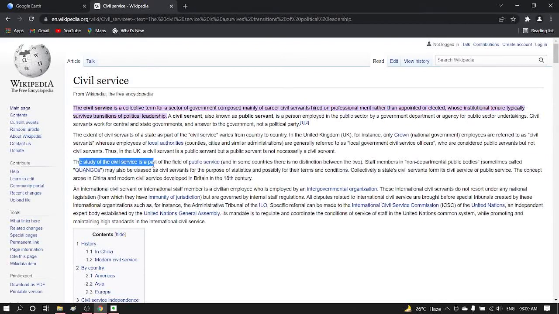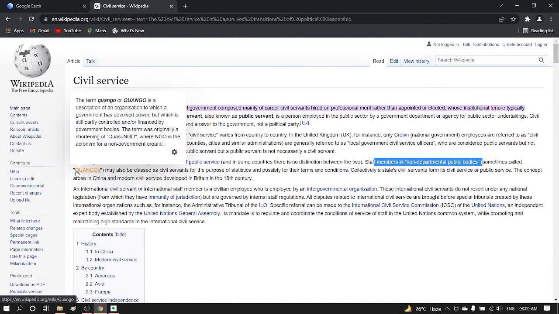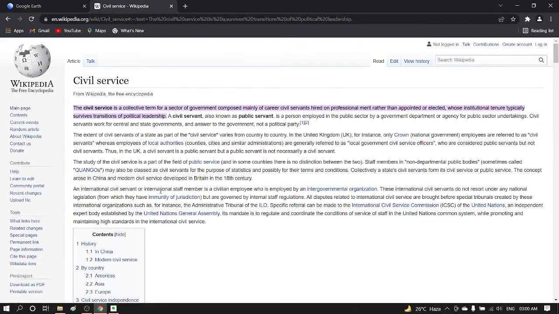So the study of the civil service is part of the field of public service. Staff members in non-departmental public bodies, sometimes called quangos, like quasi NGO, non-governmental organizations, quasi non-governmental organizations. Quasi non-governmental organizations means they're partly interfered with by the government, or partly funded by the government, or are controlled